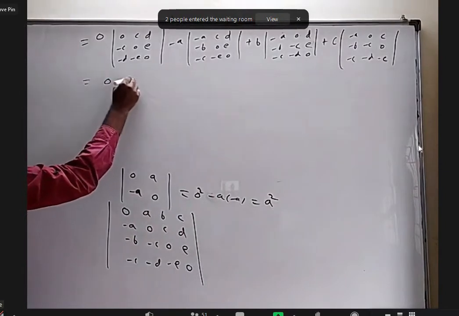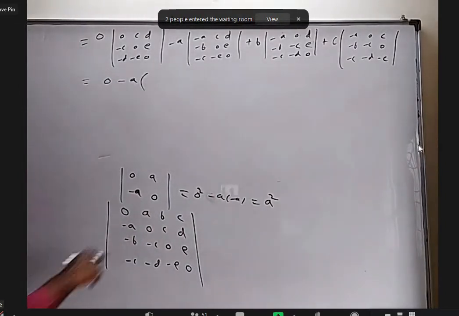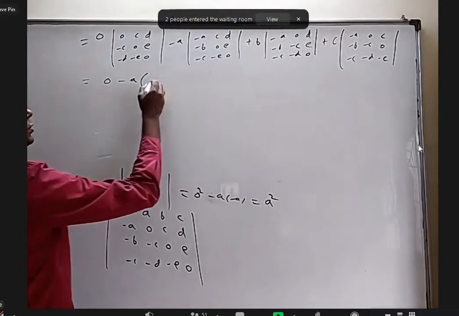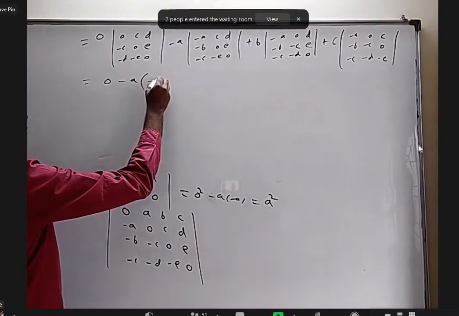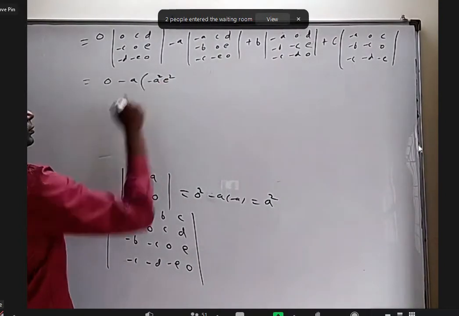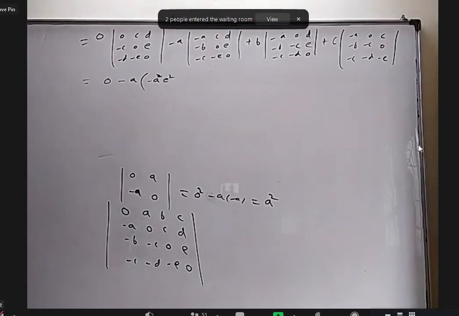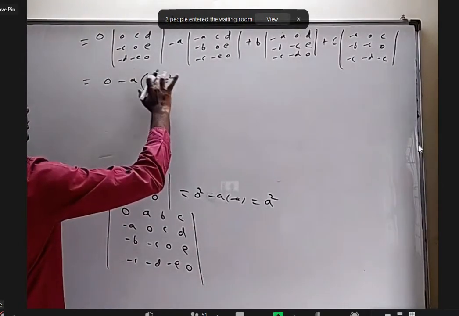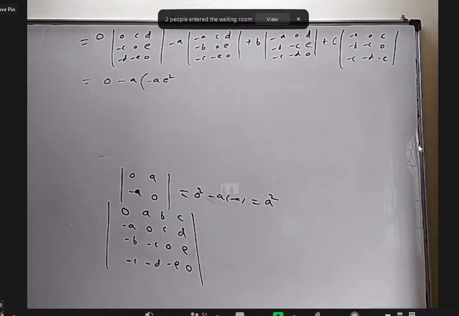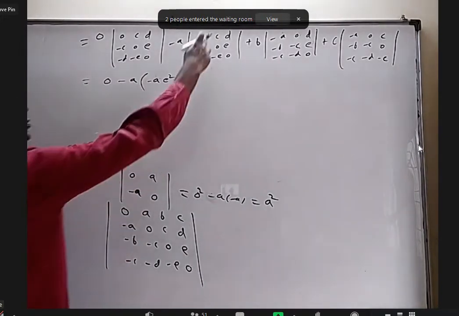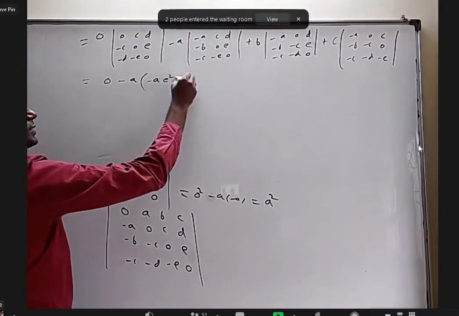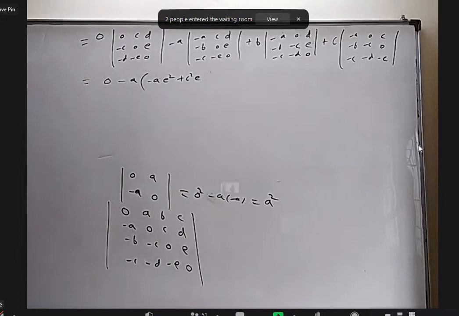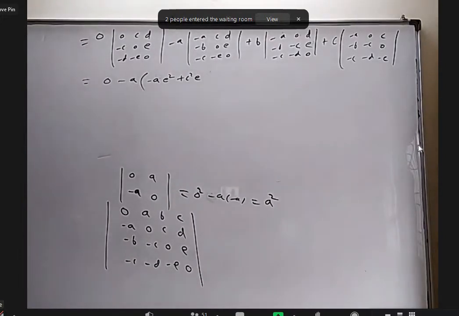Okay, so this is 0, I don't have to write it. This one, this into 0 plus E square minus A square is minus A. What about C into minus C into 0 plus C? So plus C square E. Minus C square.